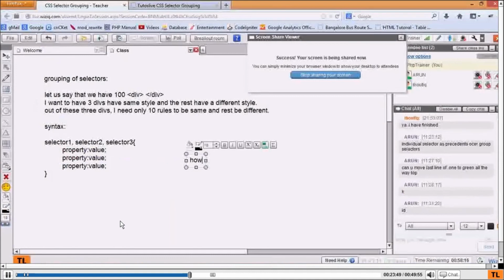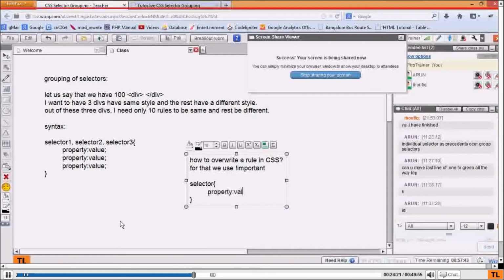However, I want to overwrite them. I've used this before, but I'll tell again. How to overwrite a rule in CSS? For that, we use a keyword called exclamation important. So how do we use it? Select R,